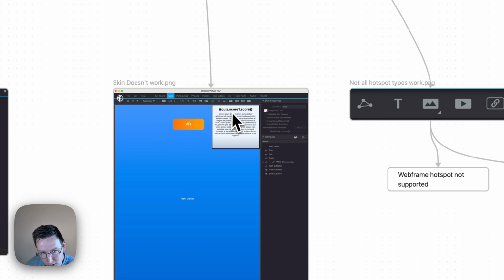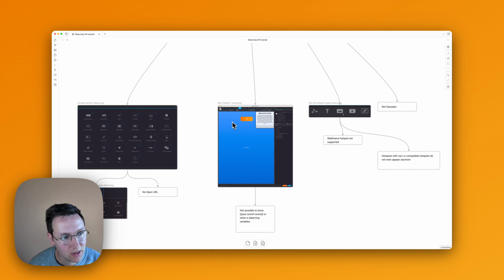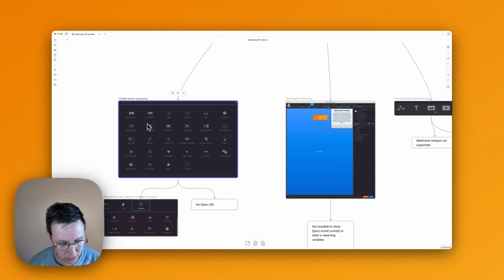Other than that, all these other things like quiz scores and pop-ups, info windows, all these things will just disappear and not work. Another thing is the actions. So the action types over here,